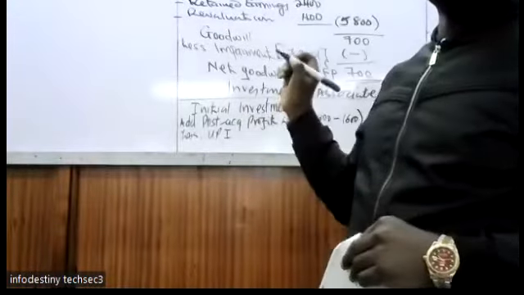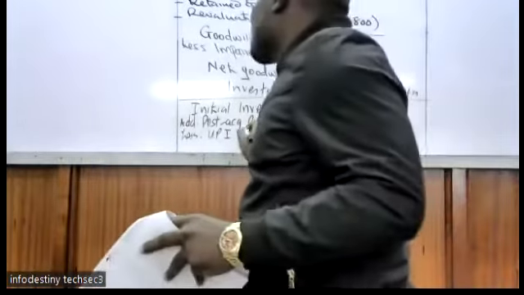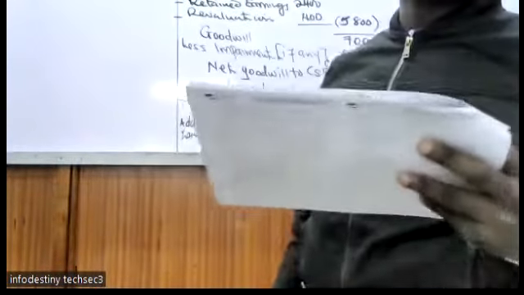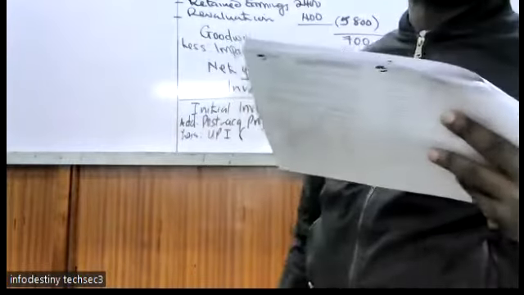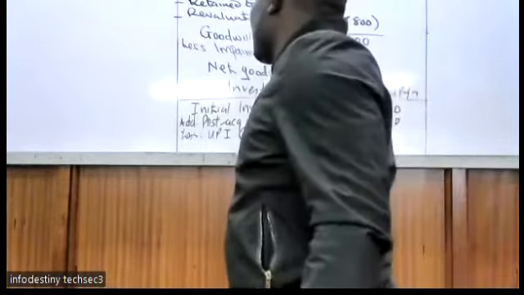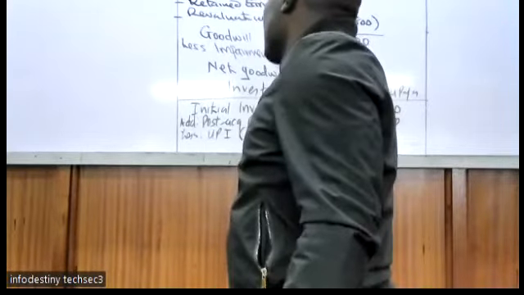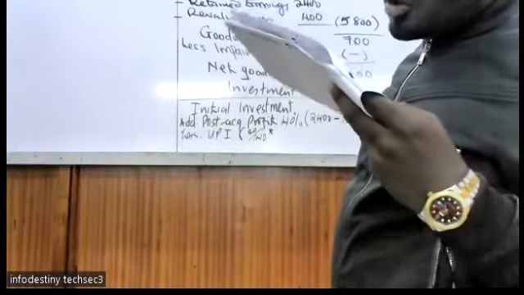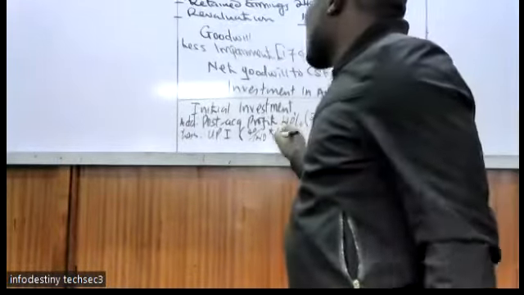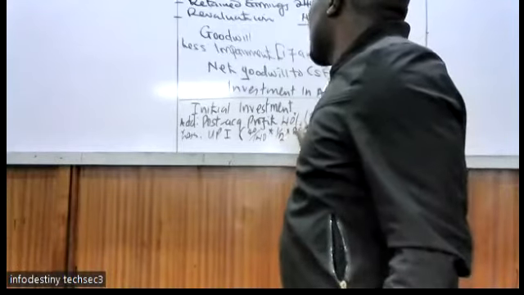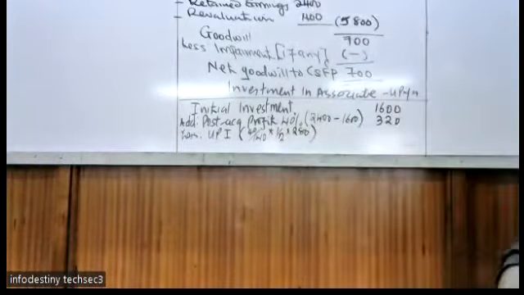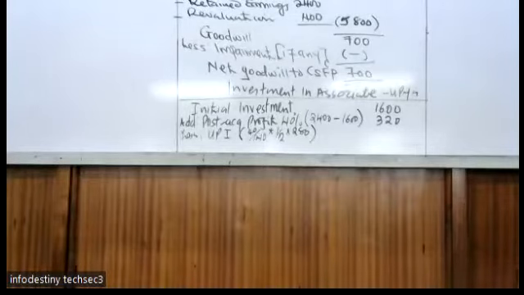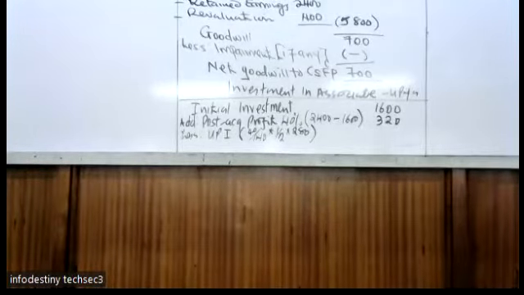You take the profit margin. Here, the 40% we have been given, is it margin or markup? Markup, because they have said on cost. So it will be 40 over 140 times half of the goods. What was the total value of the goods? 280. So a half of 280. That is the unrealized profit. 40 over 140. So we know the unrealized profit.